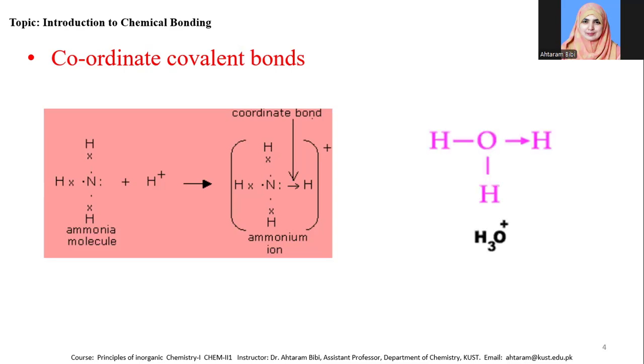Similarly, another example of coordinate covalent bond is the hydronium ion. When a water molecule combines with the hydrogen ion, the lone pair of electrons of oxygen is donated to the hydrogen ion and forms a coordinate covalent bond. So generally the coordinate covalent bond is formed by the donation of a lone pair of electrons by an electronegative atom such as nitrogen or oxygen, and as both the electrons are donated by one of the atoms, therefore